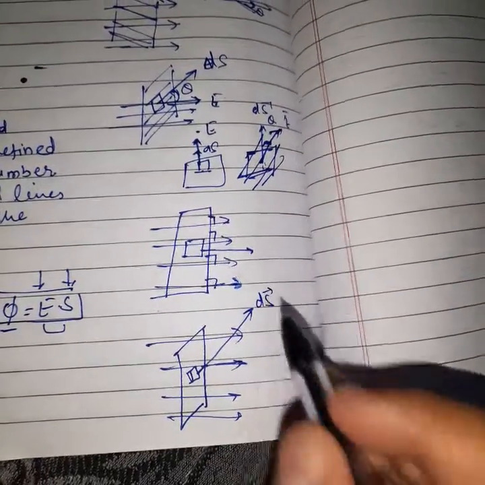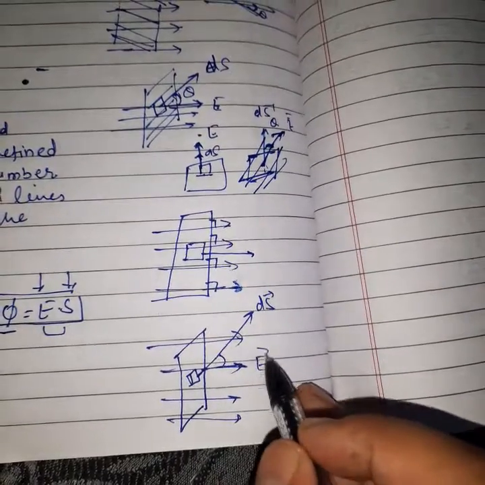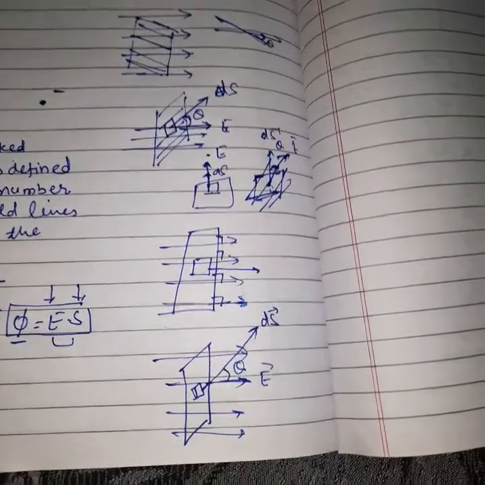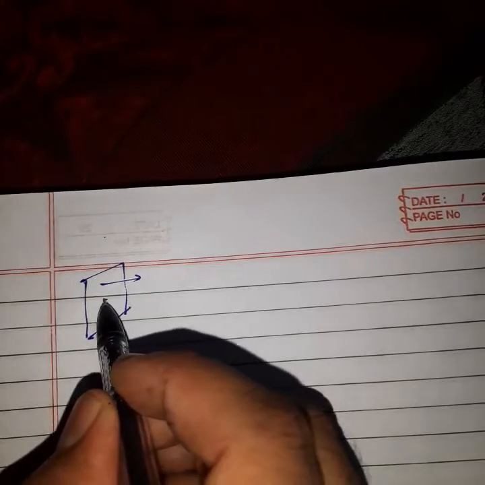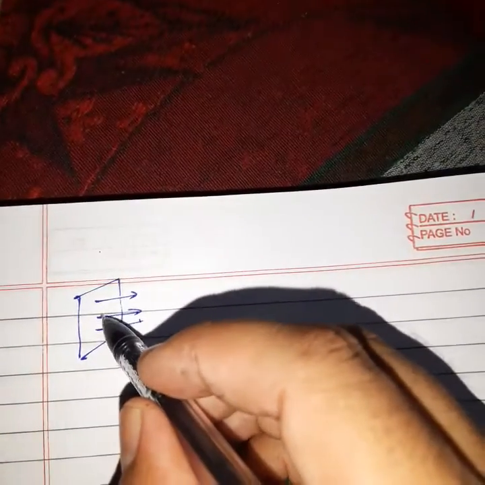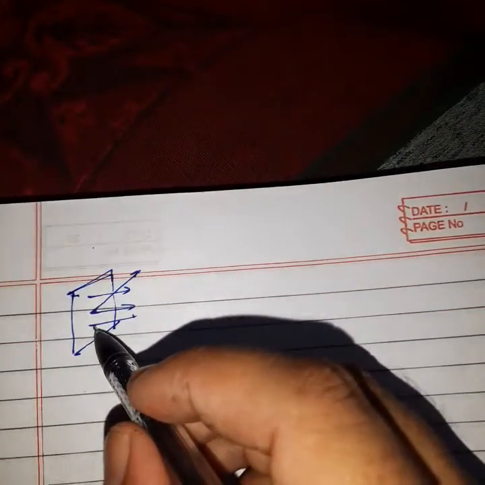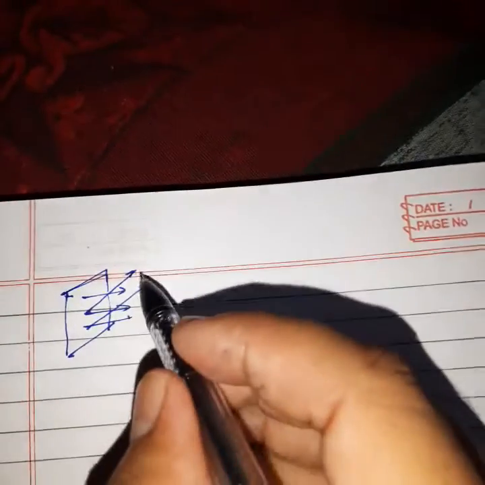Now this area vector and electric field are both making angle theta here. What? Theta. Say yes or no? Okay, students, we can see here. So now we will solve it the same way. Listen to one thing: this is our any surface. So we can say these electric lines are coming, and the area vector will be a little bit upside, normal to the surface, because I'm rotating this surface a little bit. These lines will come like this. So this is the area vector, and this is the electric field lines. Both are making some angle here, that is theta.